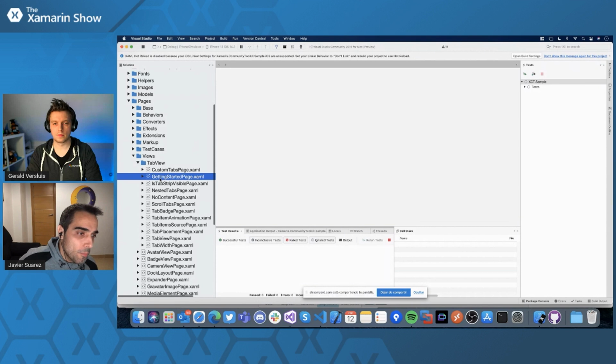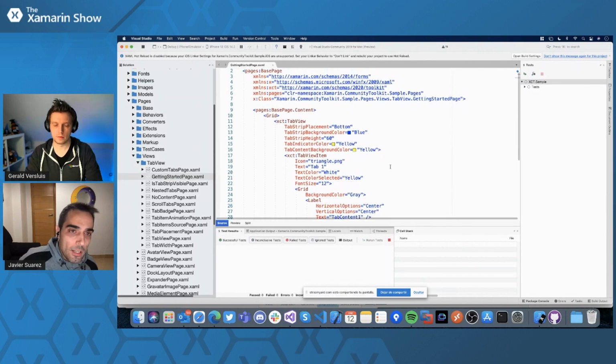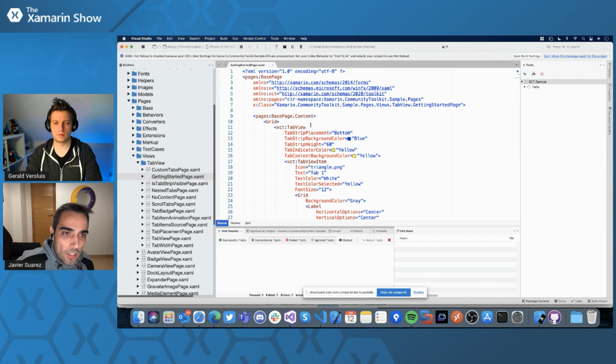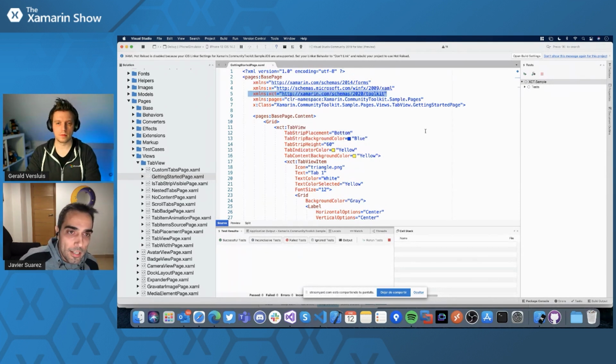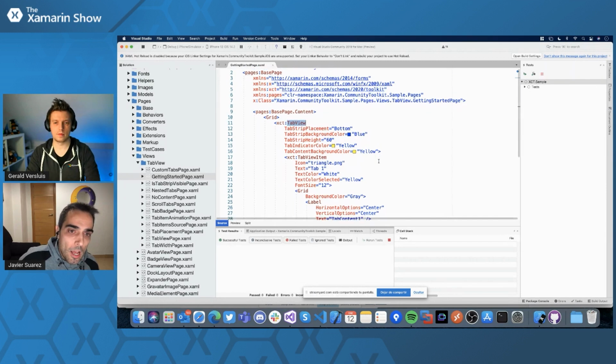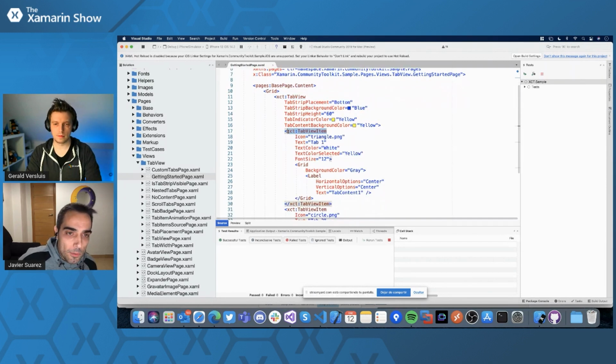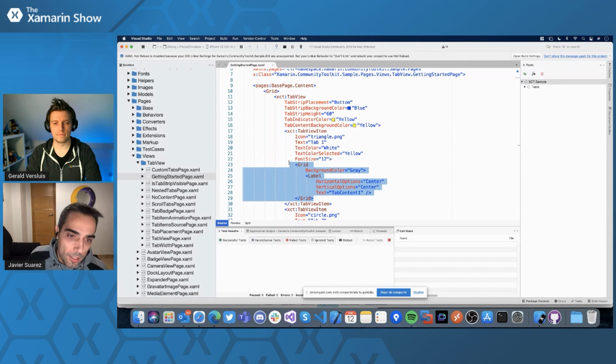You can find here, for example, a getting started page where you can see that to use the tab view, you only need to, first of all, use the namespace, create a tab view, and to create the different tabs, you only need to create tab items inside the tab view, and the content of the tab view is as easy to create as this. So again, if you need to know how everything works, the sample probably is a good way to go.